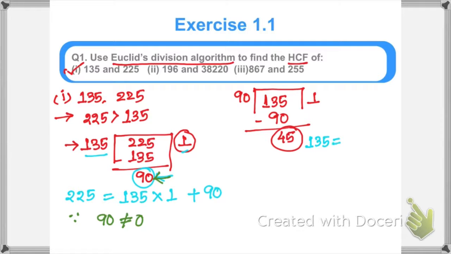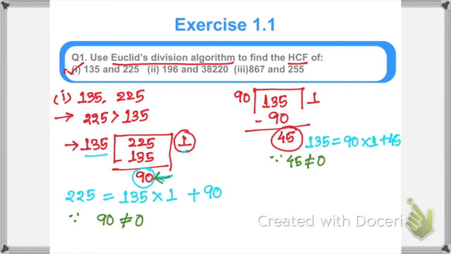So 135 will be equals to, divisor is 90 into quotient 1 plus remainder, that is 45. Again, since 45 is not equals to 0, means our remainder is not equals to 0, we need to divide it again,